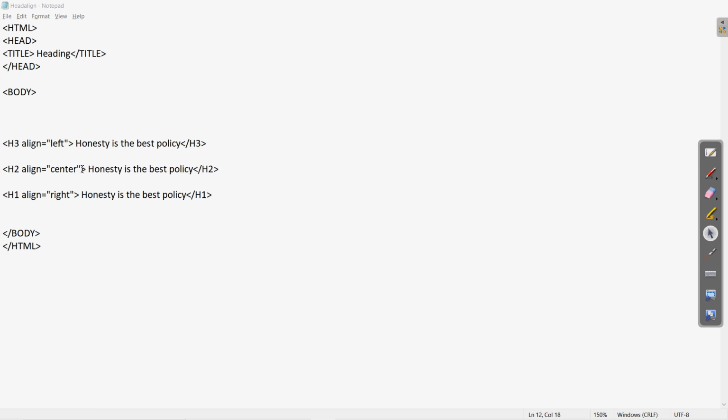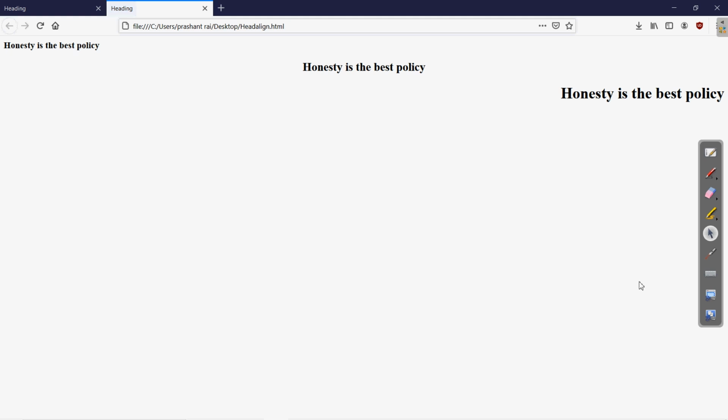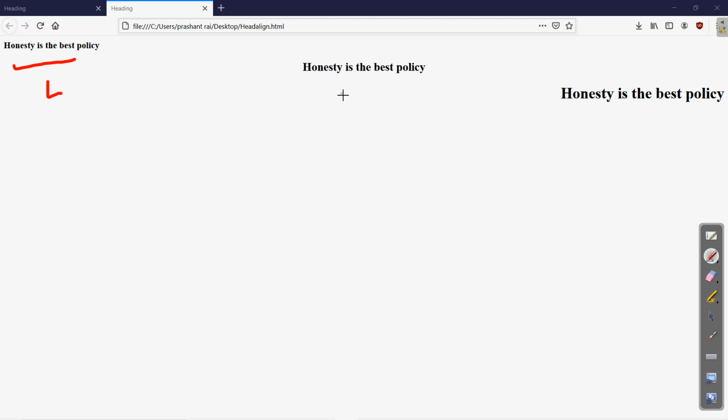Now if we come to this file, here is the file head align. If I open this, you can now notice the different alignment of the headings which we have written. Clear? So this one has the left alignment, this one is the center alignment, and this one is the right alignment.